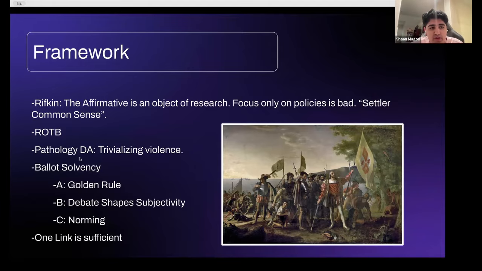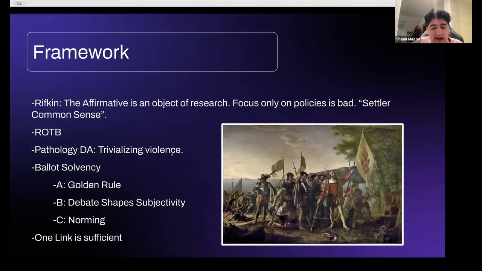Other justifications for framework are what's called the pathology disad. I'll explain this more later, but the affirmative's counter argument to this is that no, we should only focus on material policies and you should weigh solving for extinction versus whatever their impacts are. You will say that this is a bad idea because the affirmative will always stand up and say extinction outweighs, which will allow them to do whatever they want in the round. They could say a bunch of slurs, they could do the most problematic thing ever, but they would always win because they would always say extinction outweighs.